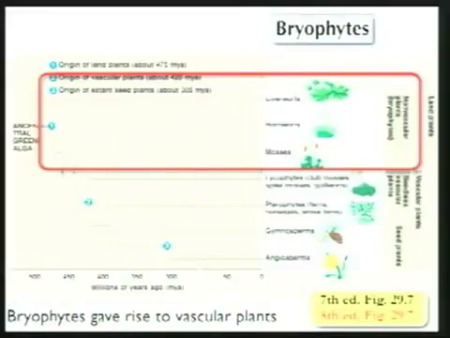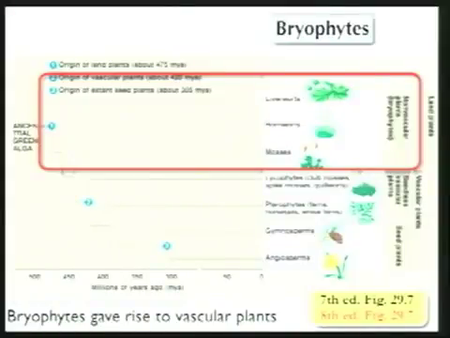The most recent common ancestor of all the bryophytes is also shared with the vascular plants. And the vascular plants are more closely related to some bryophytes than to others. And the interesting thing here is the bryophytes had long been considered a natural group, but in fact they're actually a grade, a paraphyletic group. So the features that they share in common that led to them being called a group of plants, the bryophytes,